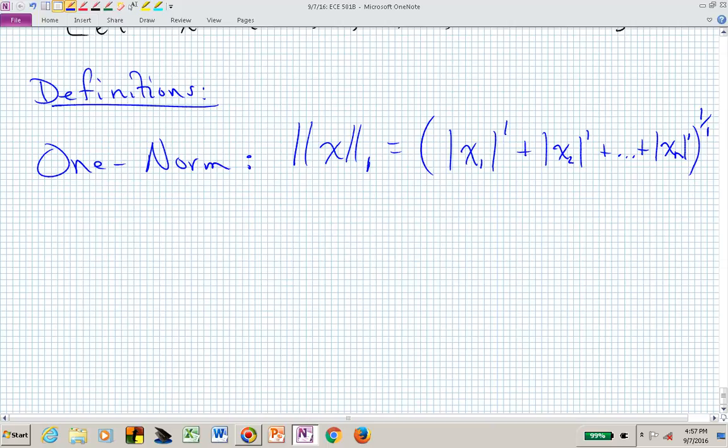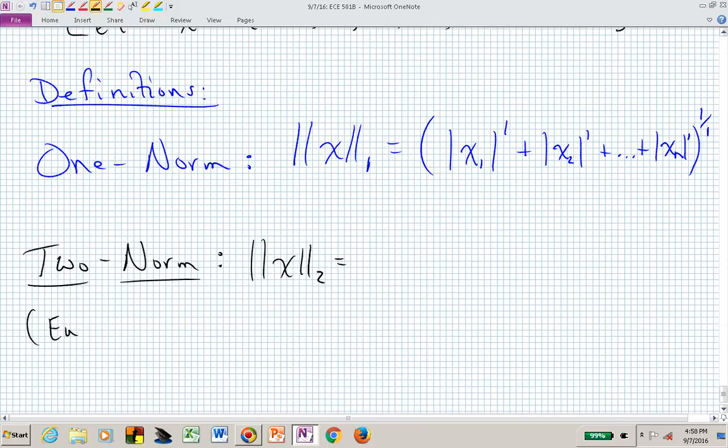But this will hopefully be a little bit more interesting when I start increasing the norm number, the 2 norm. That is going to be denoted by 2 vertical bars with a subscript 2. And this is really what you're used to thinking of when you think of a norm, the Euclidean norm. In 2 space, this is the hypotenuse of a right triangle, where your x and y coordinates are the sides of that right triangle. This is now the Euclidean